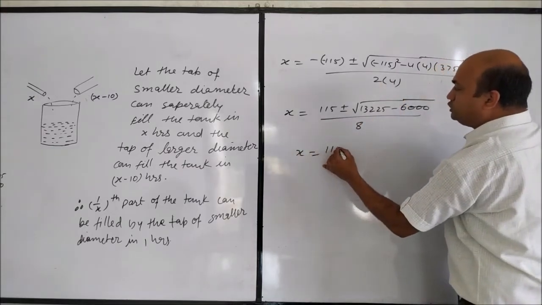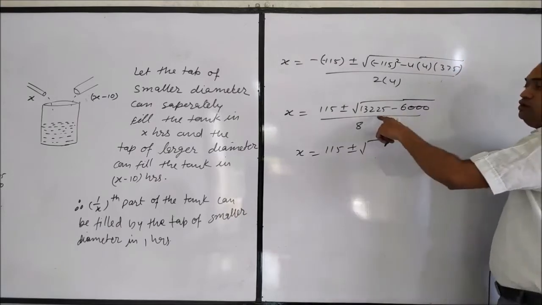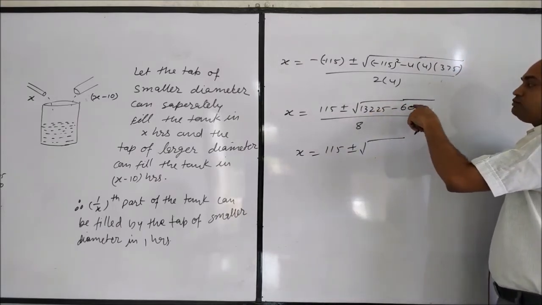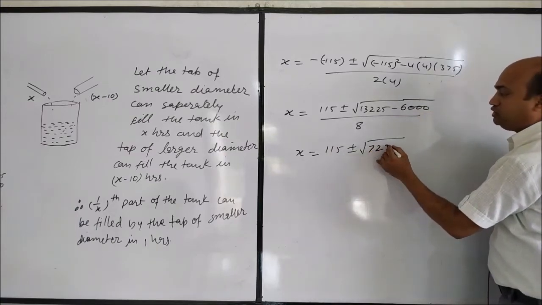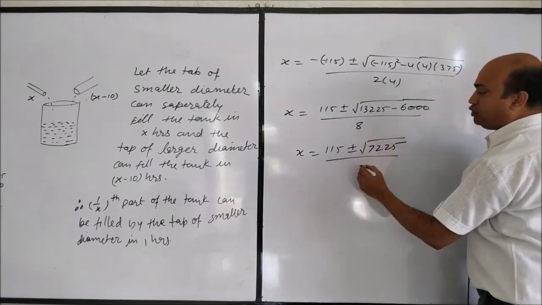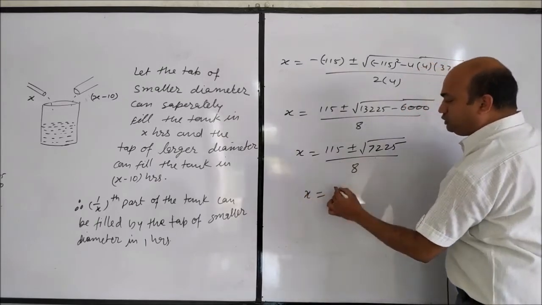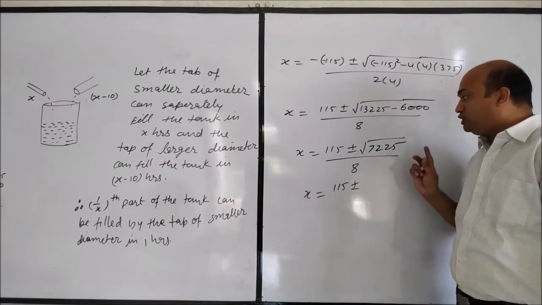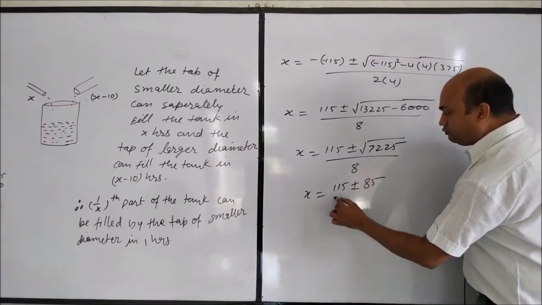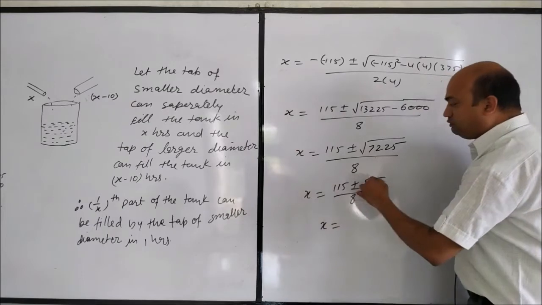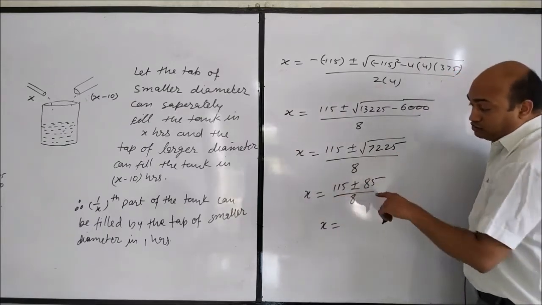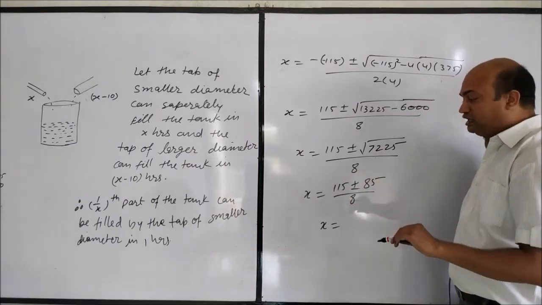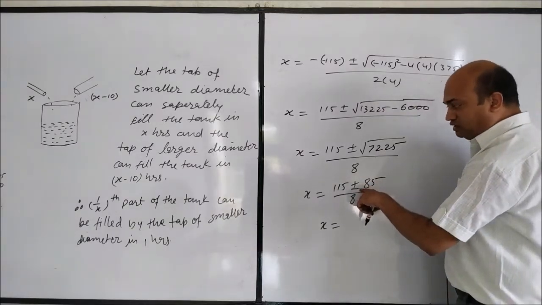It is x is equal to 115 plus minus under root, from 13,225, if we subtract 6,000, we will get 7,225 upon 8. Now x is equal to 115 plus minus square root of 7,225 is 85 upon 8. Then x we will get 115 plus minus 85 by 8. Once we take positive and once negative sign. When we take negative sign, this is